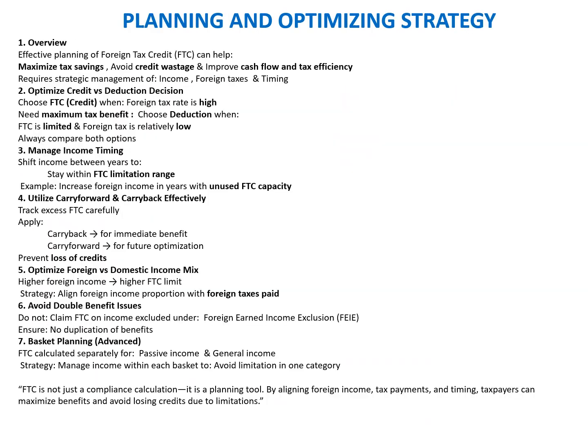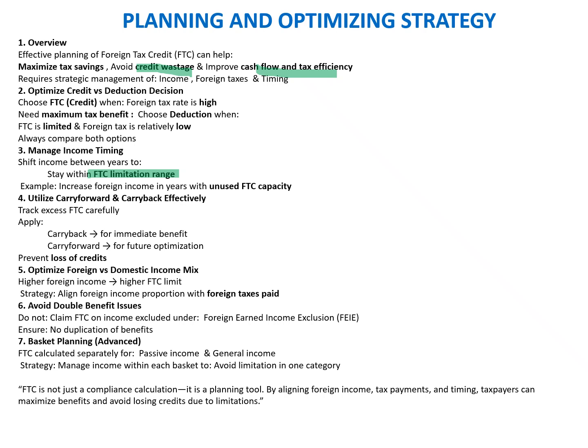Okay, now since we have understood the concept of FTC, it is always important to look at some strategies to maximize the benefit. What are some of the key areas that we need to look into so that we can maximize the benefit? Maximize the tax saving by avoiding credit wastage, improving cash flow and tax efficiencies. Optimize credit versus deduction. We have to figure out which is more beneficial, taking the deduction or taking the FTC benefit. Manage the income timing, shifting income between years